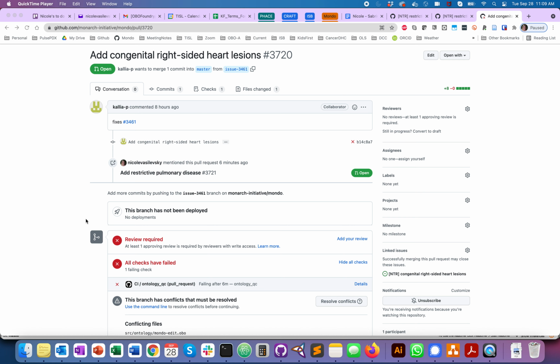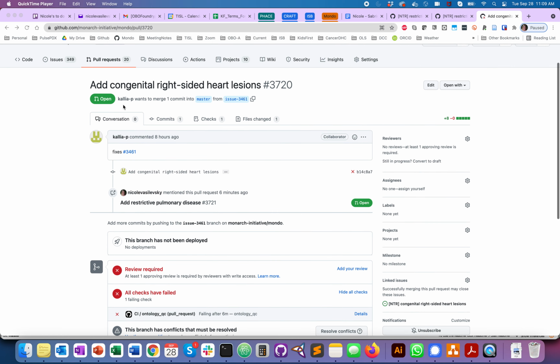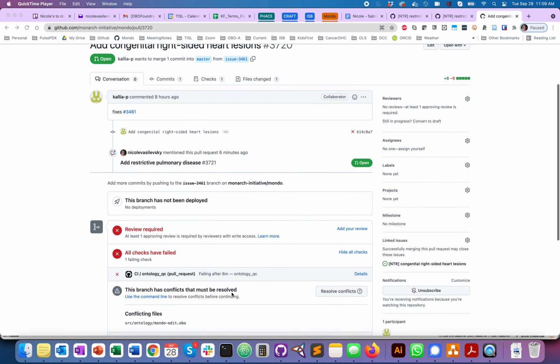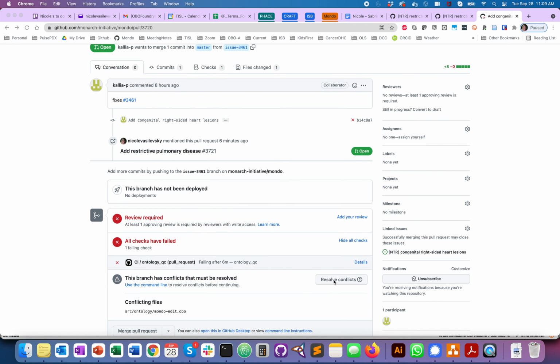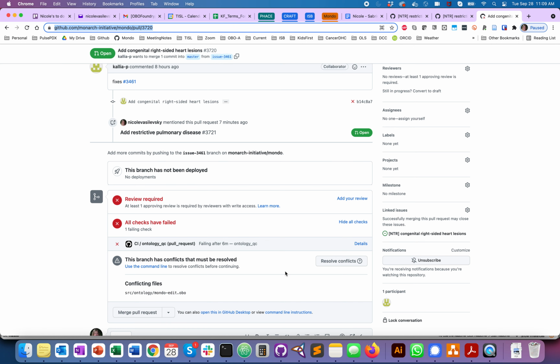This is how you resolve a conflict in GitHub. So I'm on this pull request here, and I see this branch has conflicts that must be resolved. GitHub won't let me click on this button, so I need to, it says use the command line to resolve conflicts before continuing. I can also do this in GitHub Desktop, so I'm going to do that instead of the